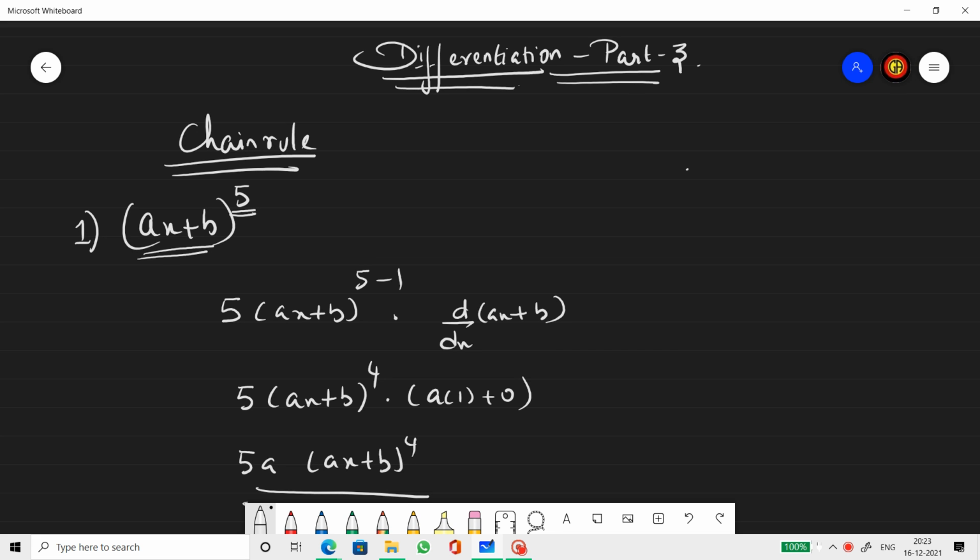Good evening. In today's class, we're going to do chain rule model questions in differentiation. Chain rule differentiation is basically applied on questions which are formed by composition of two or more functions. So one function is applied in the place of x of another function. When you get such kind of functions, we use the chain rule method in order to differentiate that.